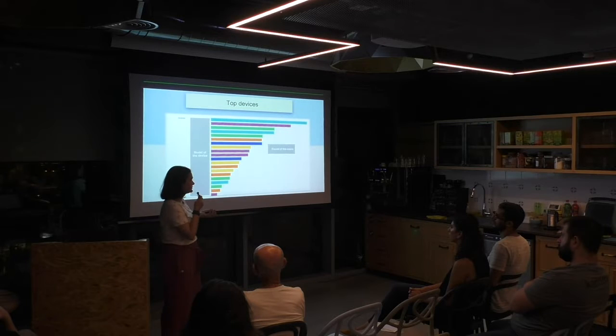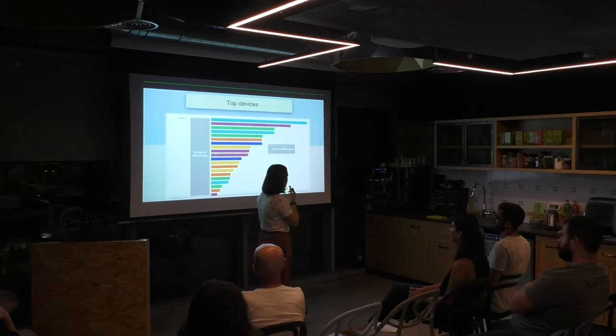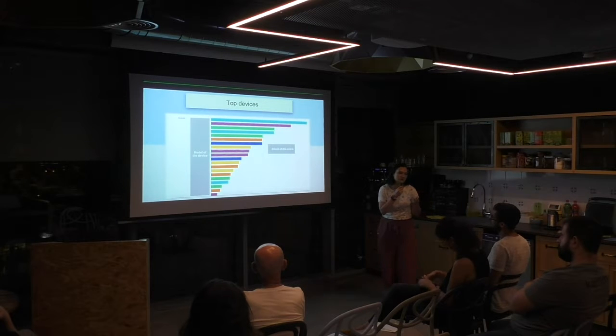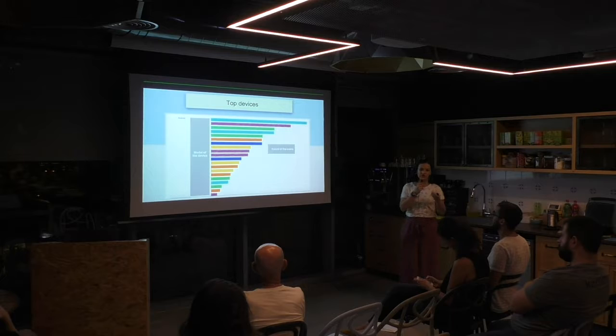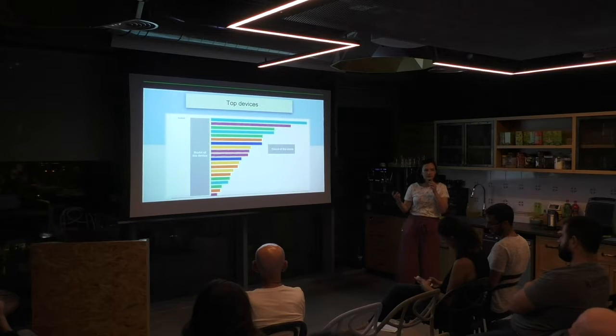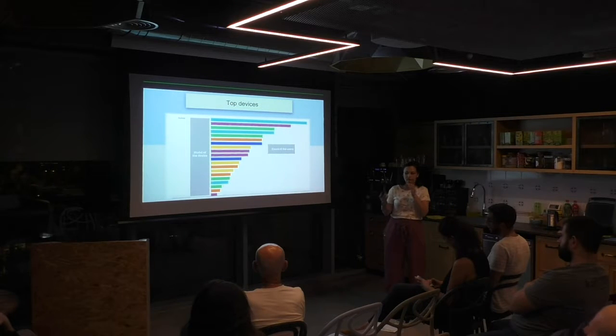Also, we know the model of the devices, and we know for every model how many users we have. It helps us to understand on which devices we need to check, and which operating system is more relevant for us during releases and during some period of time when we don't have a lot of